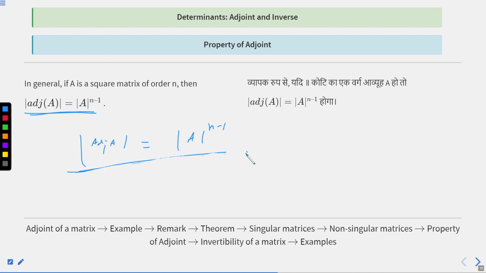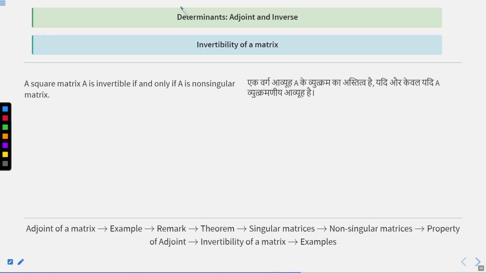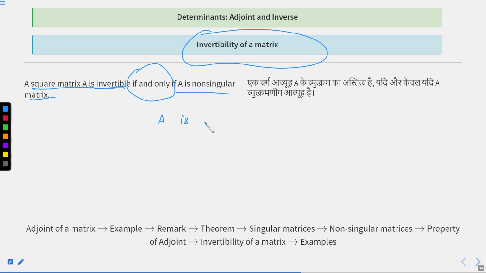Let us move next. Now we will be talking about invertibility. Invertibility means existence of the inverse of A. So this theorem says that a square matrix A is invertible if and only if A is a non-singular matrix. This is saying that A is invertible